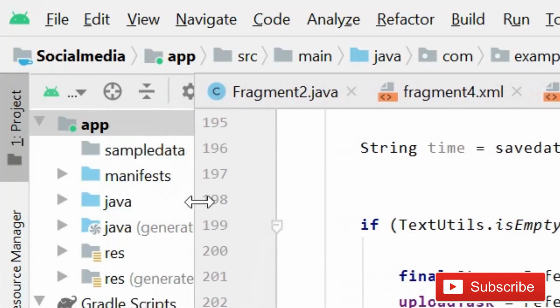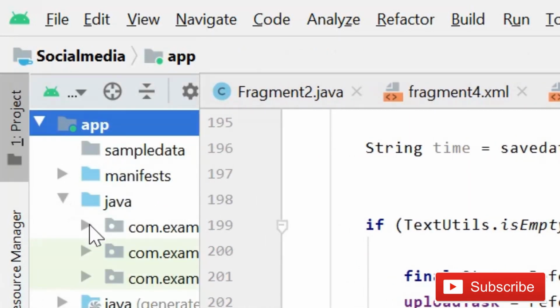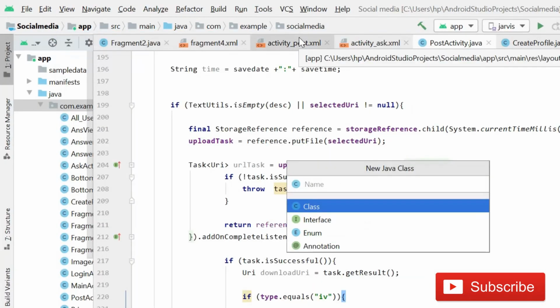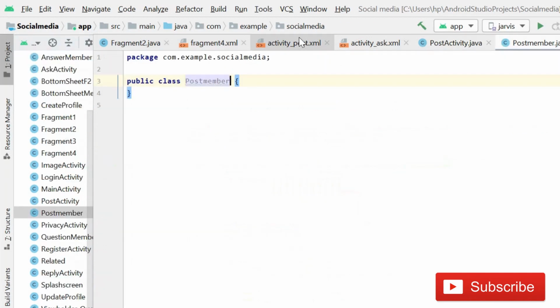you have to create one more Java class, and that will be the model class for saving the data, and we will implement getters and setters here. Understand? So it will be post model or post member, anything will be fine.